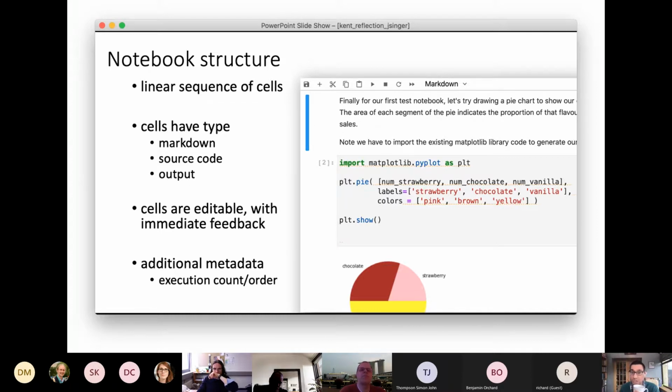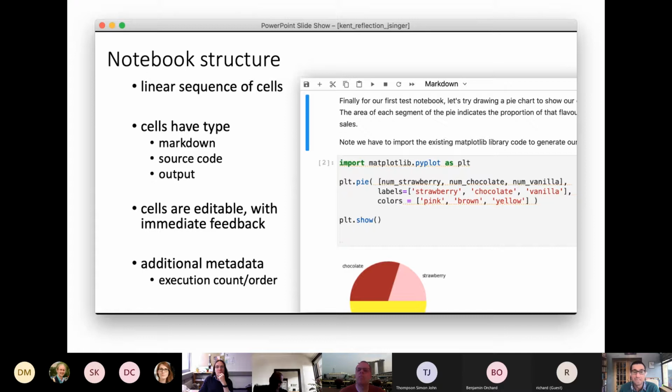Cells might contain source code, and you specify the language in which that source code appears, and it's syntax highlighted appropriately. And then this code can be edited, and then you can invoke the cell, which will produce output. In this case here, the output is a graphical pie chart, which comes from matplotlib here.